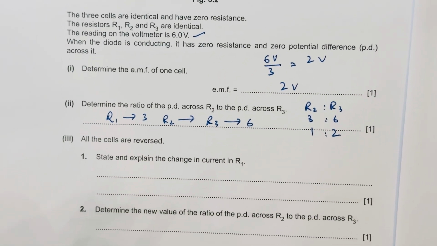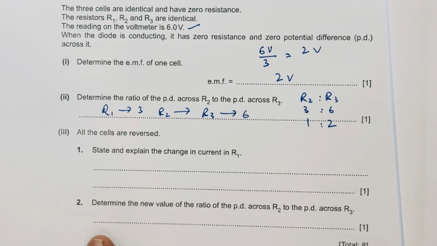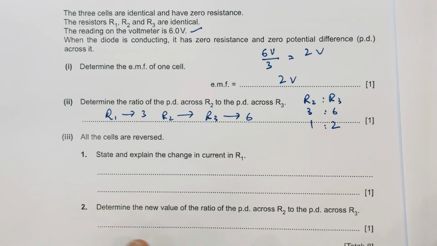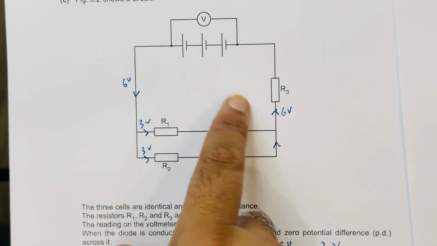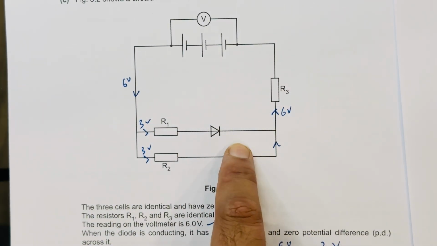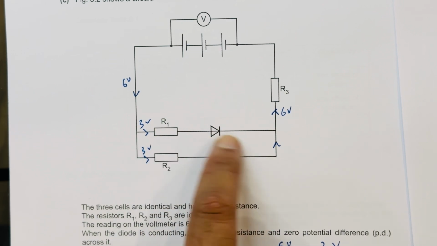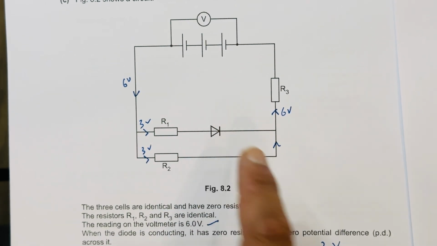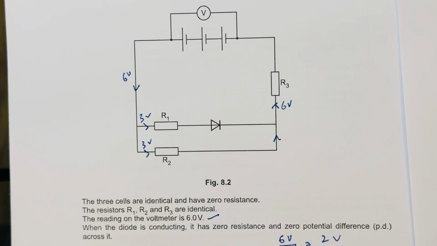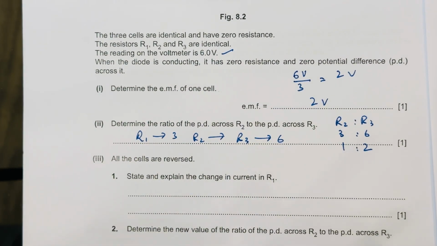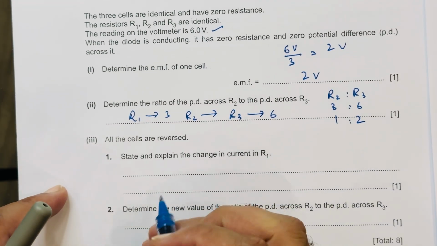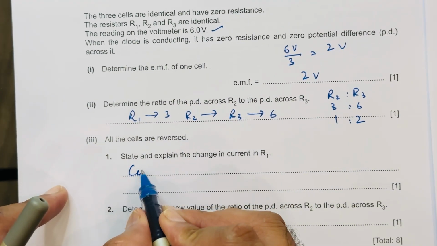Moving to the next part, all cells are reversed. State and explain the change in the current in R1. Current in R1 would be 0 because the diode is in the wrong direction. When we reverse the direction, now it will move like that, and in R1 there will be no current because this diode would not allow the current charges to move in this position. So we're going to write that current in R1 is 0